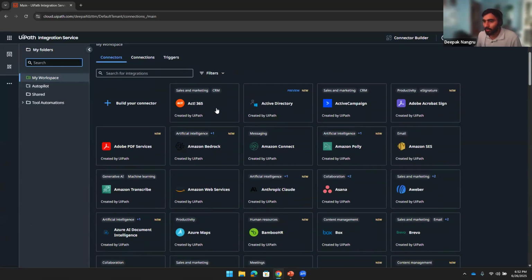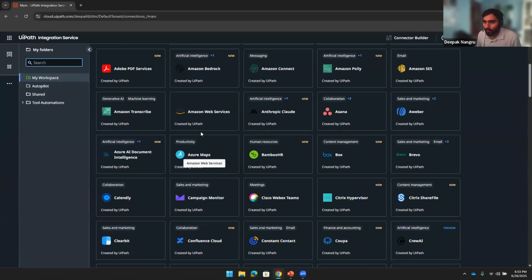These are all the pre-built connections that I was talking about. You will see Active Directory, Active Campaign, Adobe Acrobat Sign, Adobe PDF Services, Amazon Bedrock, Amazon Connect, Amazon SES. A lot of them are there, like Amazon Web Services. If any one of you has been using AWS, you can directly link it here and use it